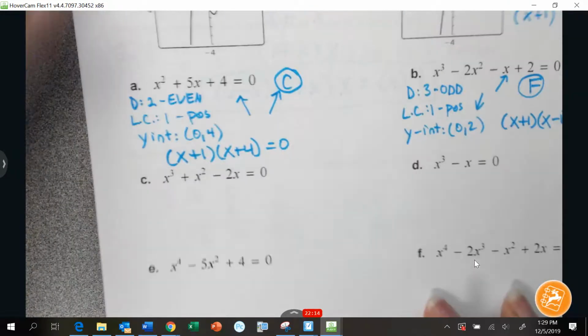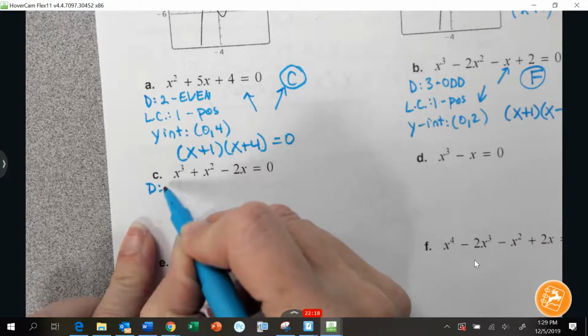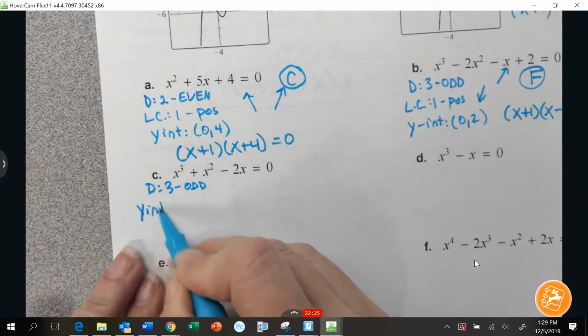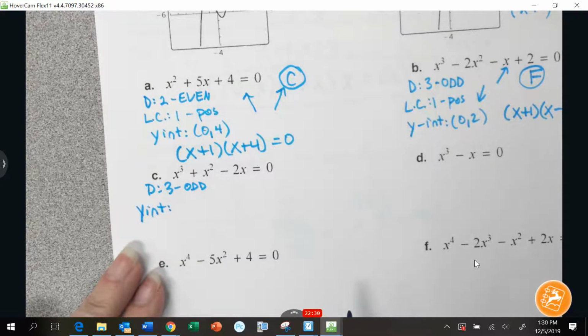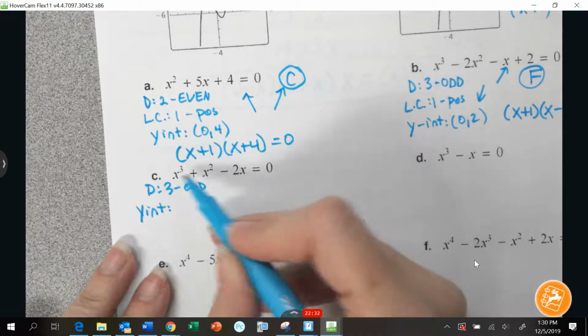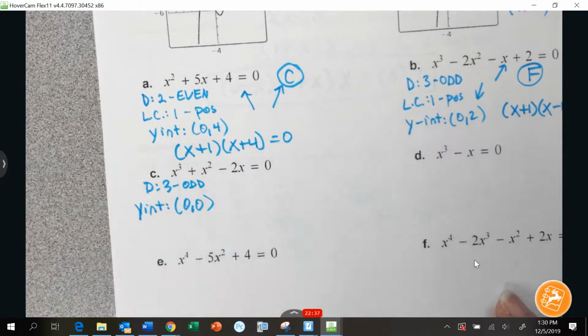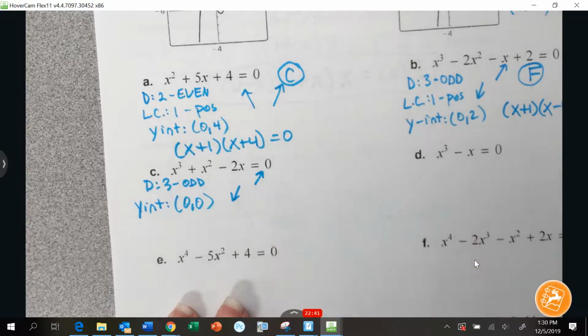We have cubic. So odd. And all of them are positive leading coefficients, so I'm not going to even write that anymore. Y-intercept would be, if I plug in 0, where will my y-intercept be? If I plug in 0, 0, 0. So we're looking for cubic. So it's going to go uphill, and it has a y-intercept at 0, 0. So it has to be